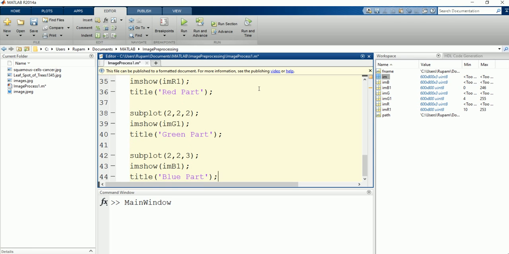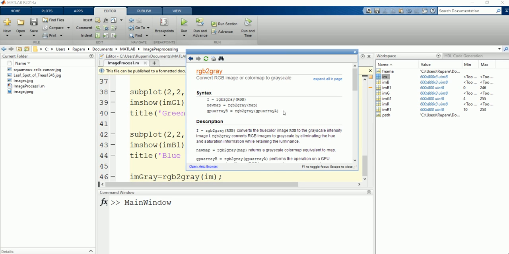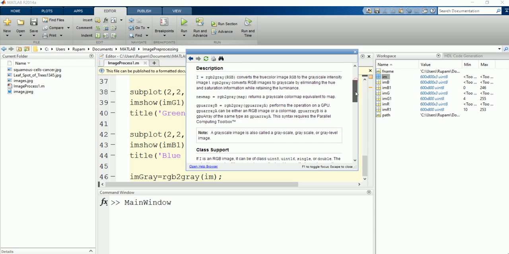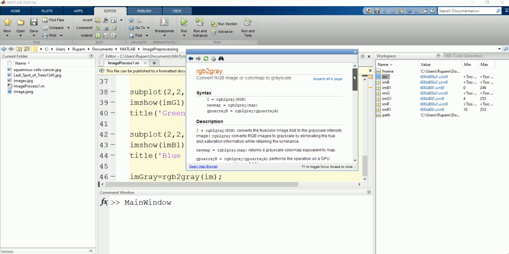Now let's convert the image into grayscale. imgray is equal to rgb2gray(im). So rgb2gray is a Matlab command where if you pass an image, you'll automatically get a grayscale image. This rgb2gray implements a formula. If you press F1 on top of that, you'll be able to see the